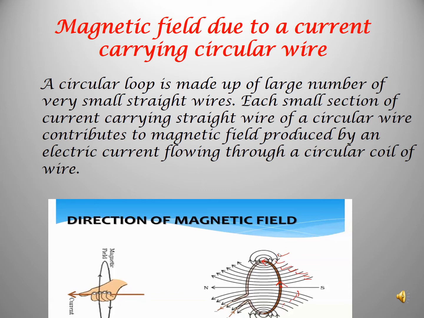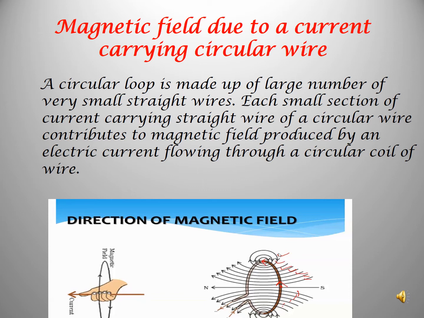So a circular loop is made up of a large number of very small straight wires. Each small part of the circle is nothing but a straight wire. So if you place numerous small straight wires one after another, you can make a circular loop